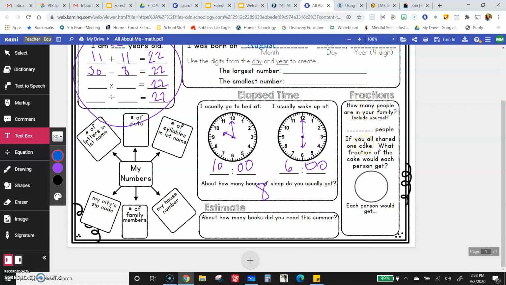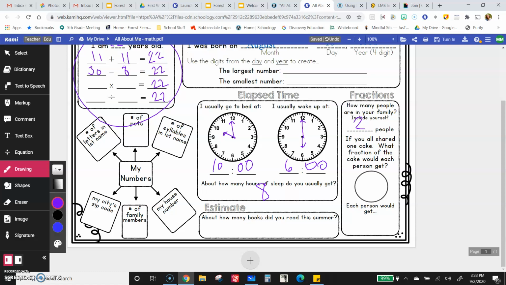Fractions. How many people are in your family? Include yourself. Okay, so for me, my current family that I live with, I just have 2 people, me and my husband. Now, you probably have more than that. So again, you can count people you live with or that you don't. It's up to you. If you shared one cake, what fraction of the cake would each person get?